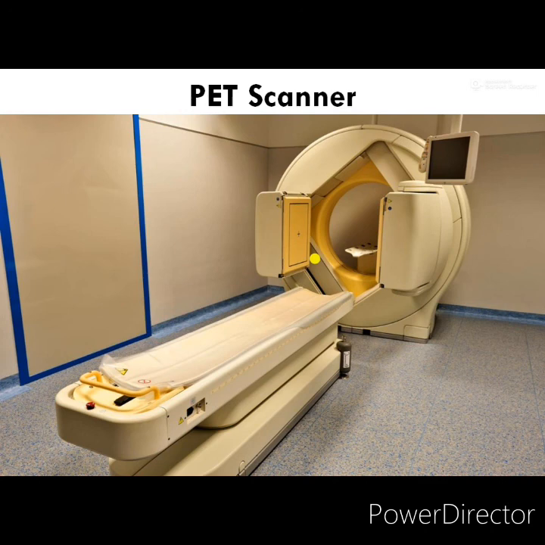So, students, the CT scanner, MRI scanner and PET scanner are all diagnostic tools that help us to look inside the body without any surgery. That means CT scan, MRI scan and PET scan. All these scanners are used to diagnose internal problems or internal organs of a patient without opening the body, non-surgically.